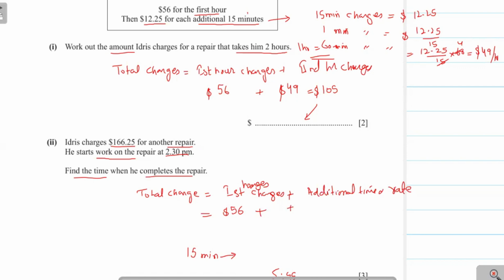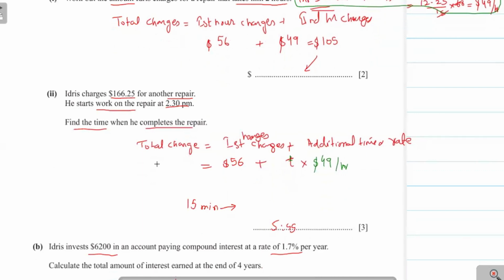Additional time, we suppose small t. The additional rate is $49 per hour. We write here total charges is 166.25, and we calculate 166.25 minus 56 equal to t multiplied by 49,